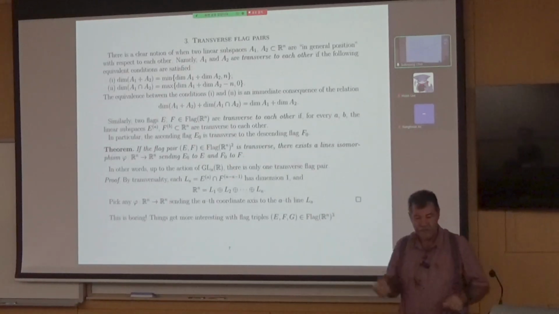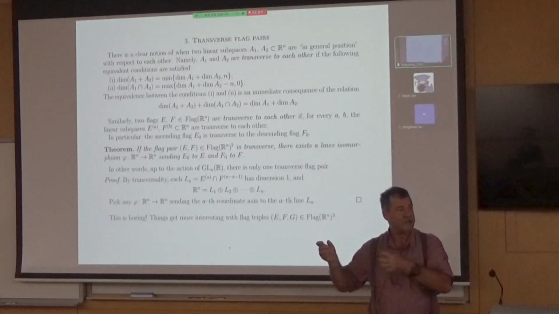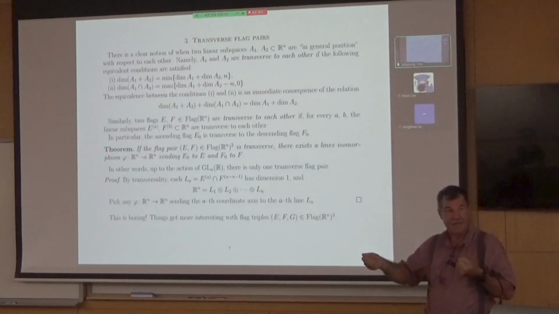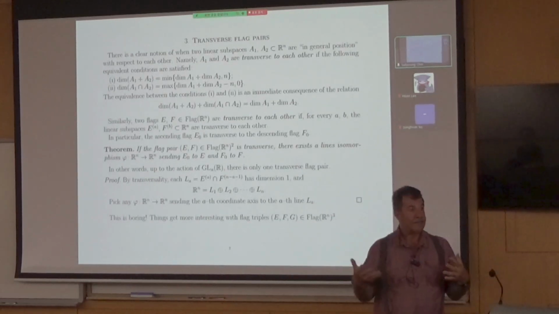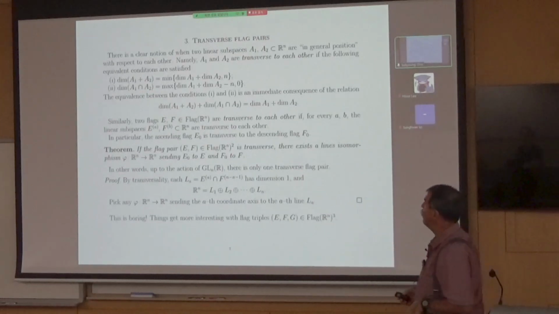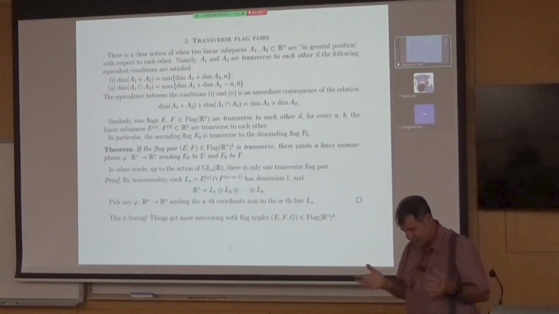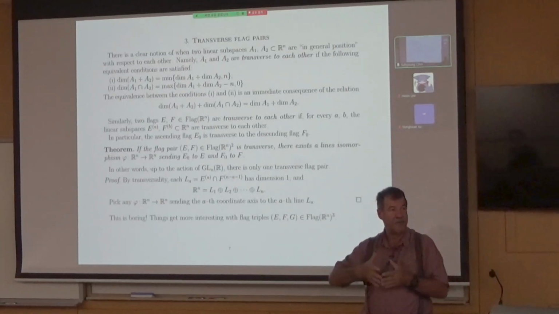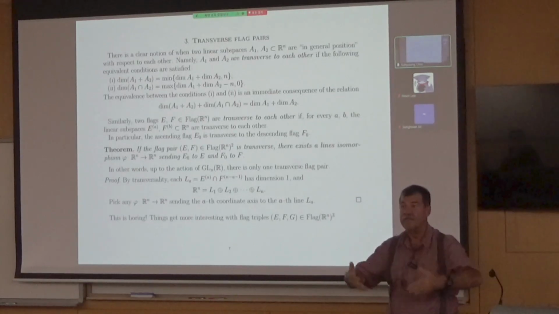So we had considered families of lines in R2, but I told you a line is the same thing as a flag. So a flag in Rn is the generalization of a line in the plane. And then we can ask the same question, which is, classify families of flags up to the action of GLN, up to isomorphism of Rn.